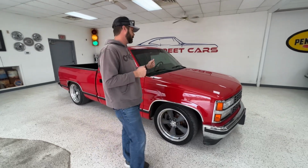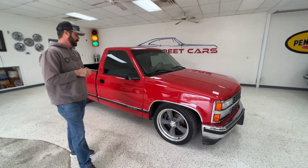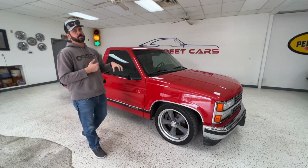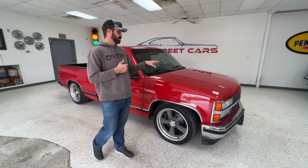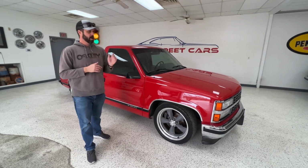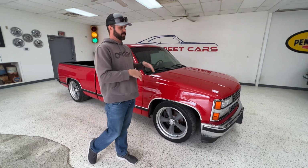In the shop this afternoon, we have a 1993 Chevrolet C1500 OBS. Cool story about this truck. When we first started this shop at Texas Street Cars, this is one of the first trucks we bought. It was the first OBS truck we bought, and we bought it from a guy in Hillsboro, and it was the first truck we kind of lowered and